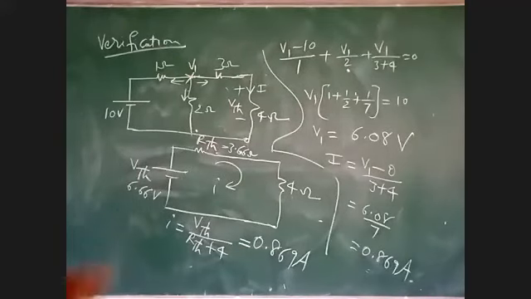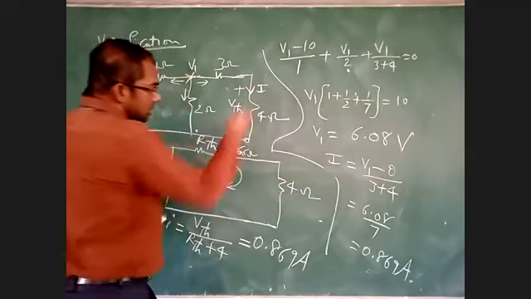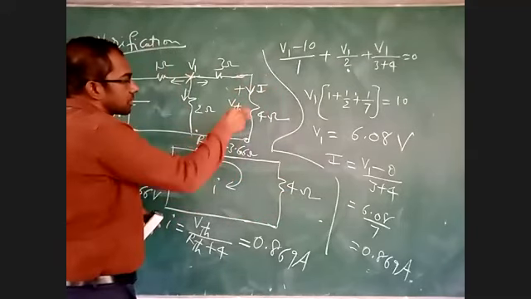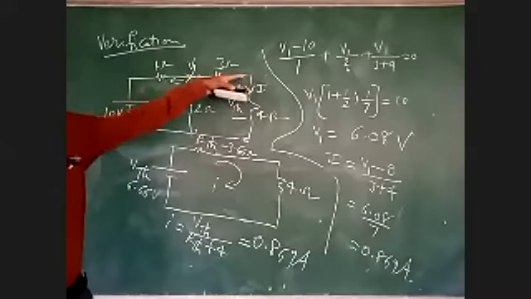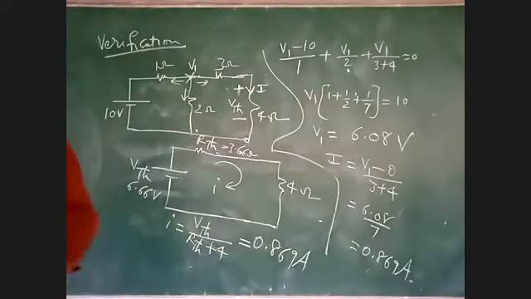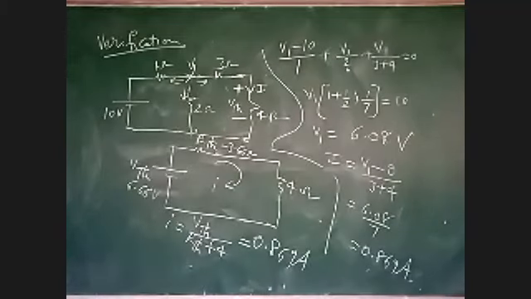Suppose you are assuming current in this direction. I determined I by assuming this direction. So in the direction of current for the resistor, what will you take? Plus and minus. That's why for VTH also, upper terminal I had taken plus, lower terminal I had taken minus. Is it okay? Sir, they will give us the current direction.